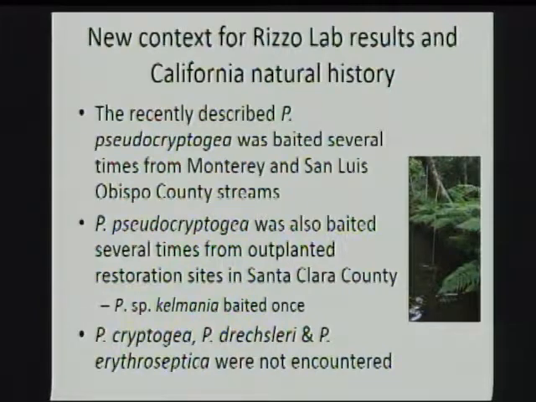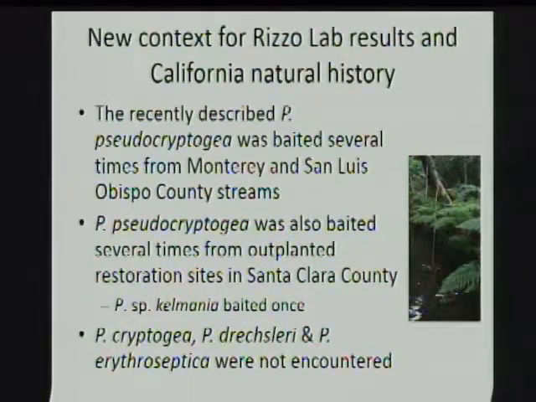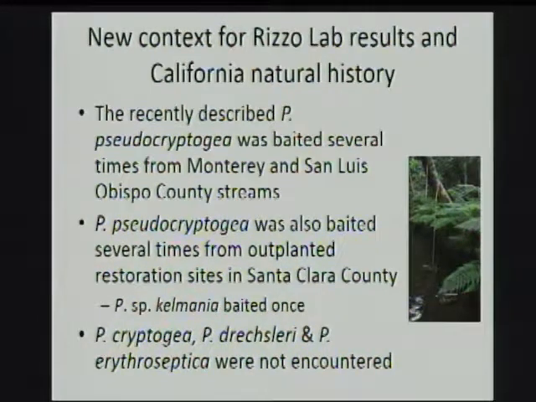Likewise, the project we did here with SCVWD, mostly Phytophthora pseudocryptogea, and then this one provisional species, Phytophthora species Kelmania, we also got one time. The 3 oldest members of the complex, we have not encountered them. Now, I'm not going to say that they don't exist in California. This is just my lab, and we're just beginning to start this. But you can see how